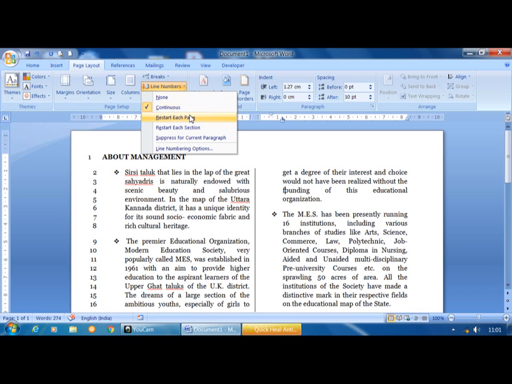Restart each page means for each page, if I want to give 1 2 3 4. And restart each section: we can break the entire page into a number of sections, each section having its own margins. If I want to do that, you can go for section break and apply restart each section.